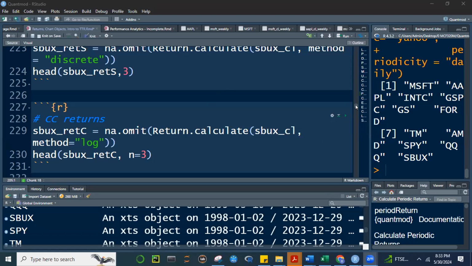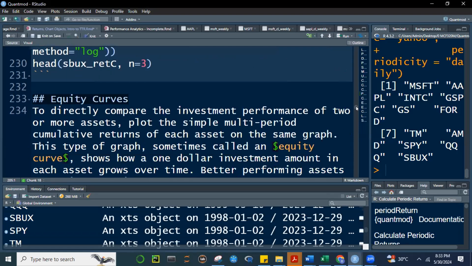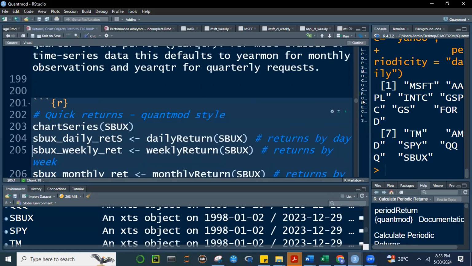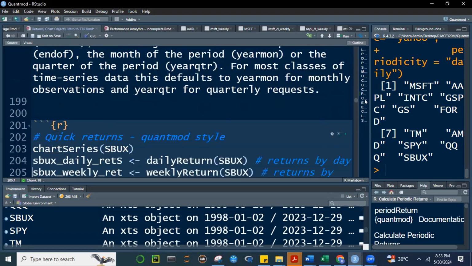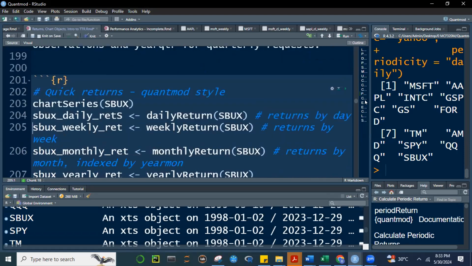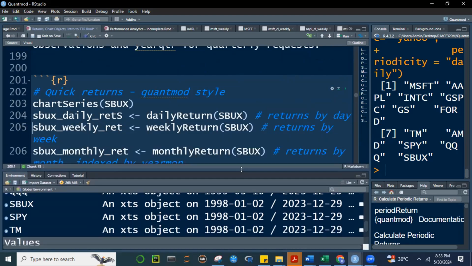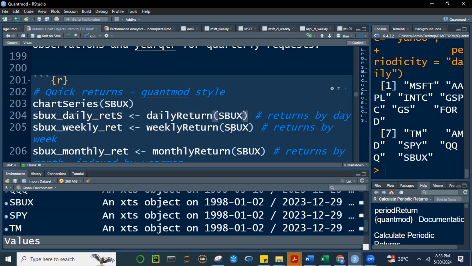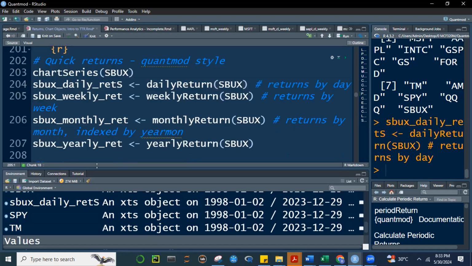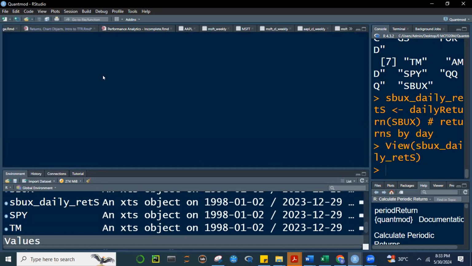All right, so let's go back to where we were. We were using the Quantmod package functions, daily return and weekly return. So this is an automatic class, unlike a while ago where we had to create the closing price, to compute the returns manually. So if I run this, Starbucks daily ret as this one, since Starbucks class,